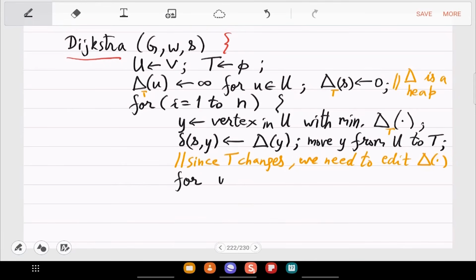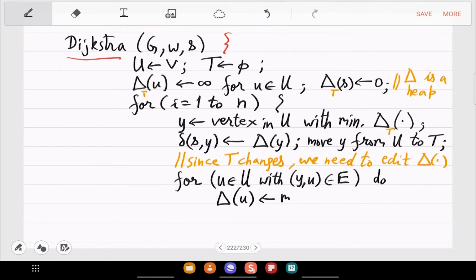So for all U with Y comma U an edge, what you want to do is the following. You want to update that location of the delta heap, or array.